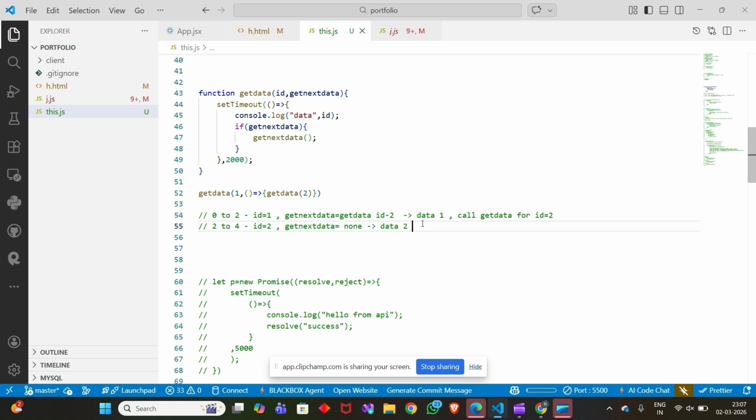So here also data 2 will get printed, but since it does not have another function given over here,